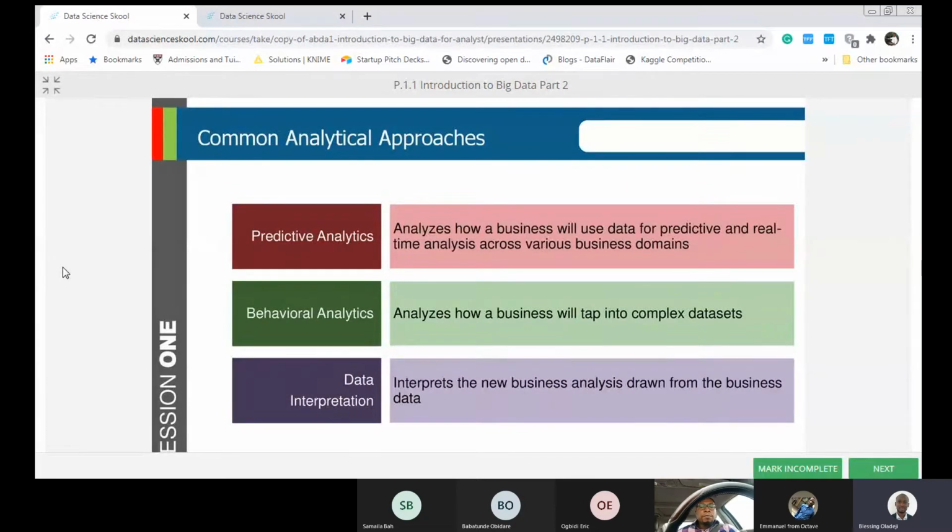How many customers have we onboarded so far? How many customers did we onboard in the month of September? And how many did you onboard in the month of October? You can look at it in relative terms. How have we grown between October and November? That is descriptive analytics.